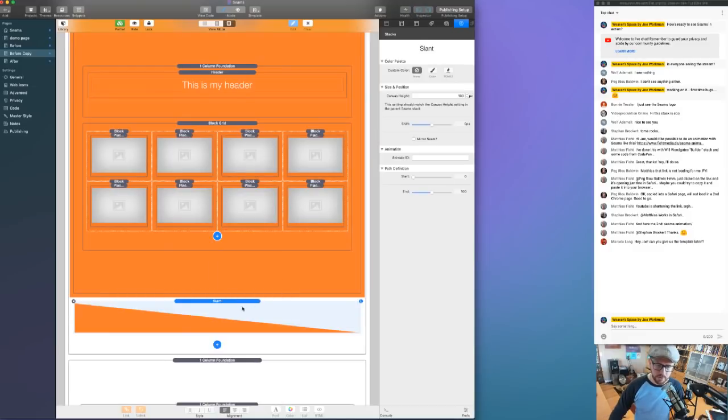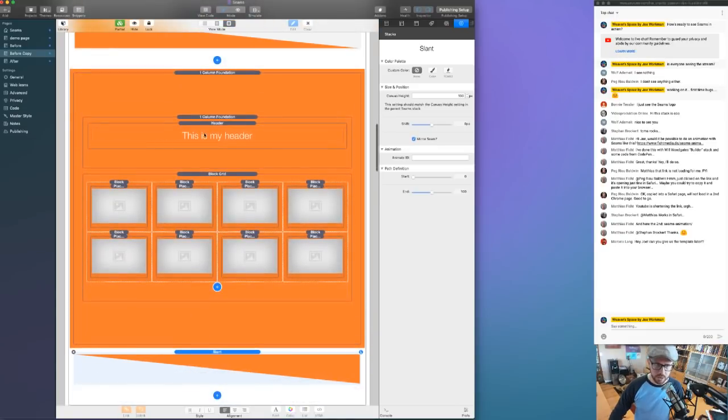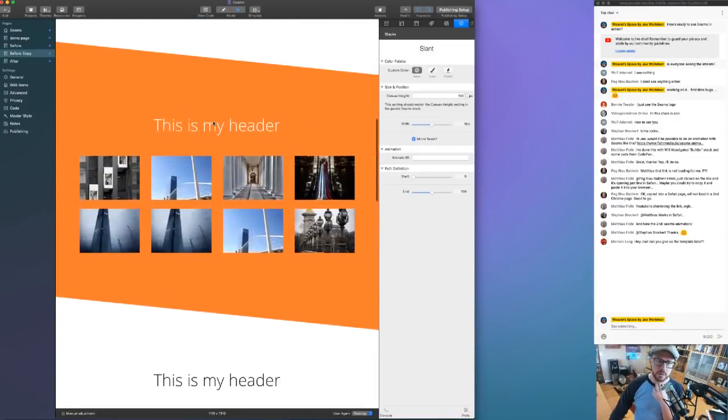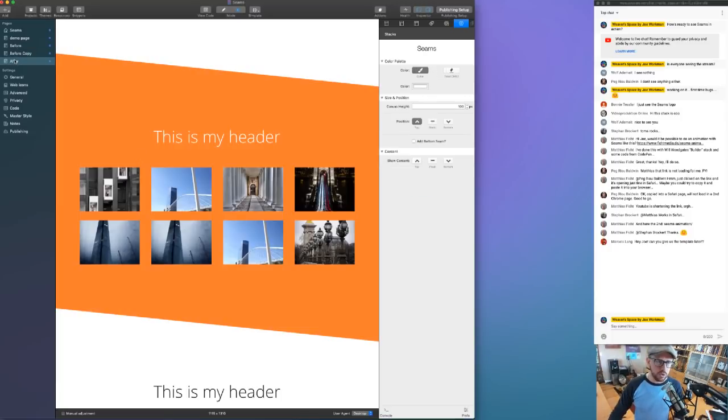Now, obviously, on this bottom one, we need to mirror that seam so that the color matches the content area, and we're done, right? This is a way of adding a seam at the top and the bottom to give you a very enclosed setting. Now, if we look at this